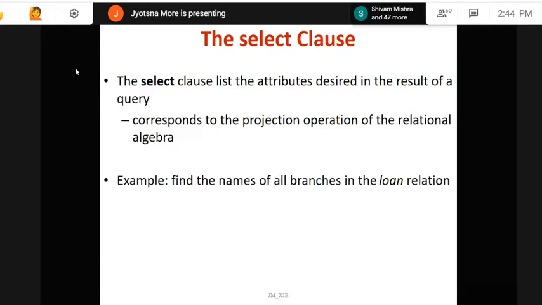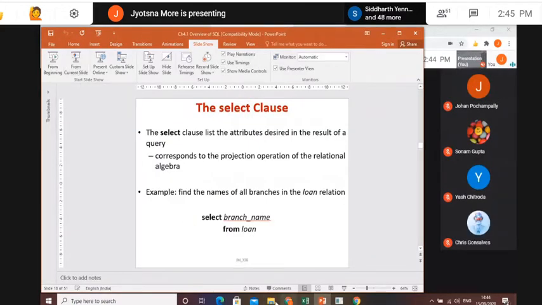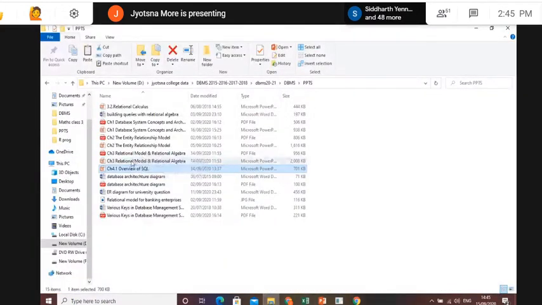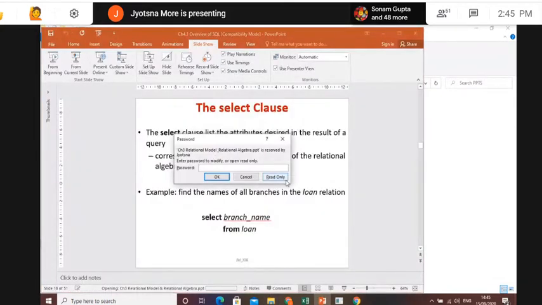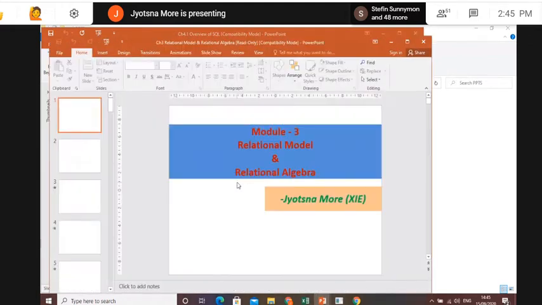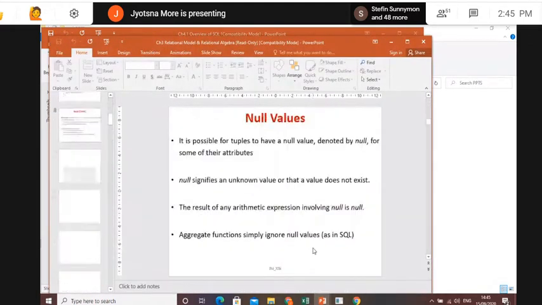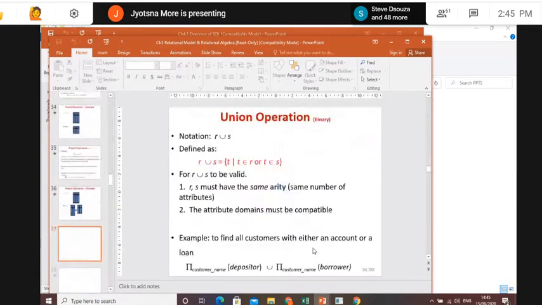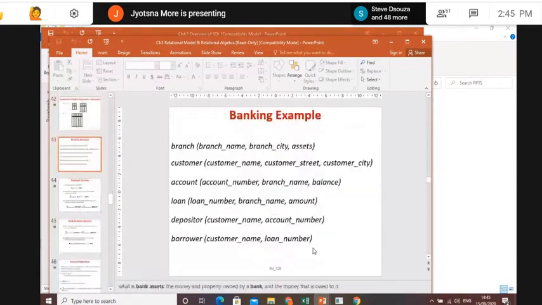So here, for example, find the names of all branches in the loan relation. So here you just have to find out the names of all branches, right? From the loan relation. So first, I just want to show you the schema part. Based on this schema,